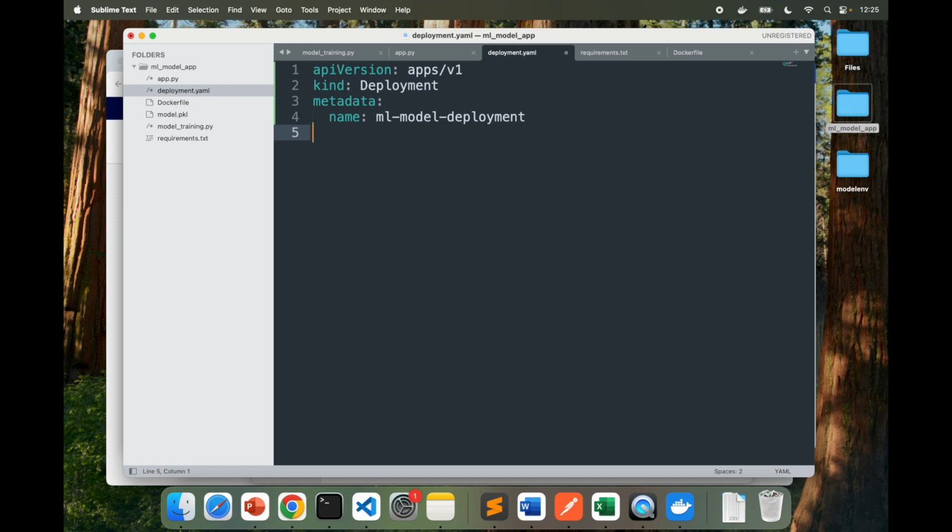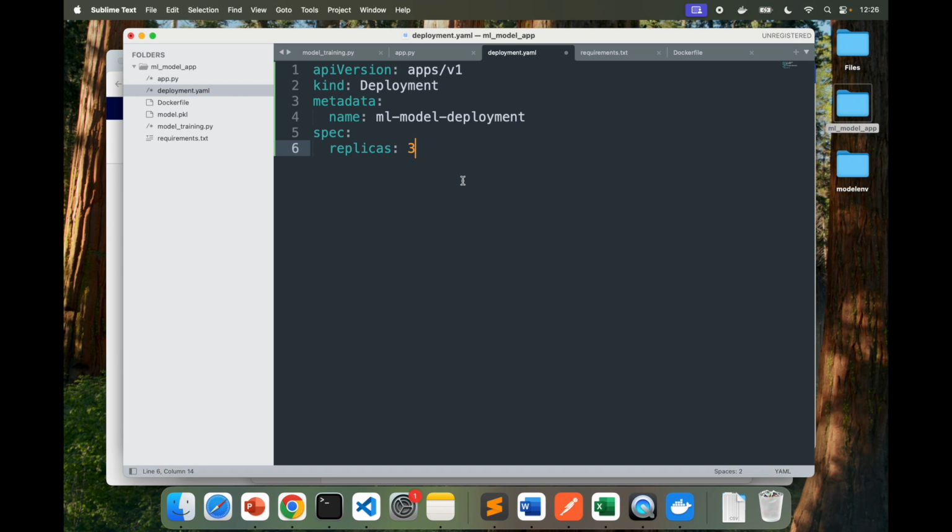Next, what we need is spec. So I am going to go here and say spec. This is the spec. This section specifies the desired state of the deployment. It defines how many replicas, that is pods, should be running, and the configuration for the containers. So for this, I am going to say that the amount of replicas that I need is 3. Now, replicas defines the number of pods, replicas as I mentioned, which are instances that Kubernetes should run for this deployment. In this case, the 3 replicas of the pod will run.